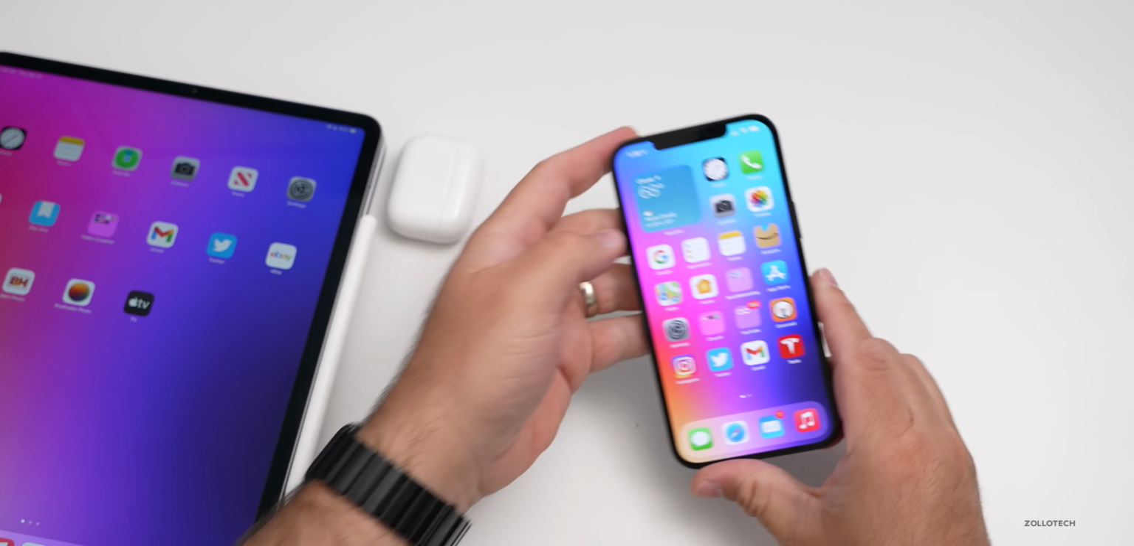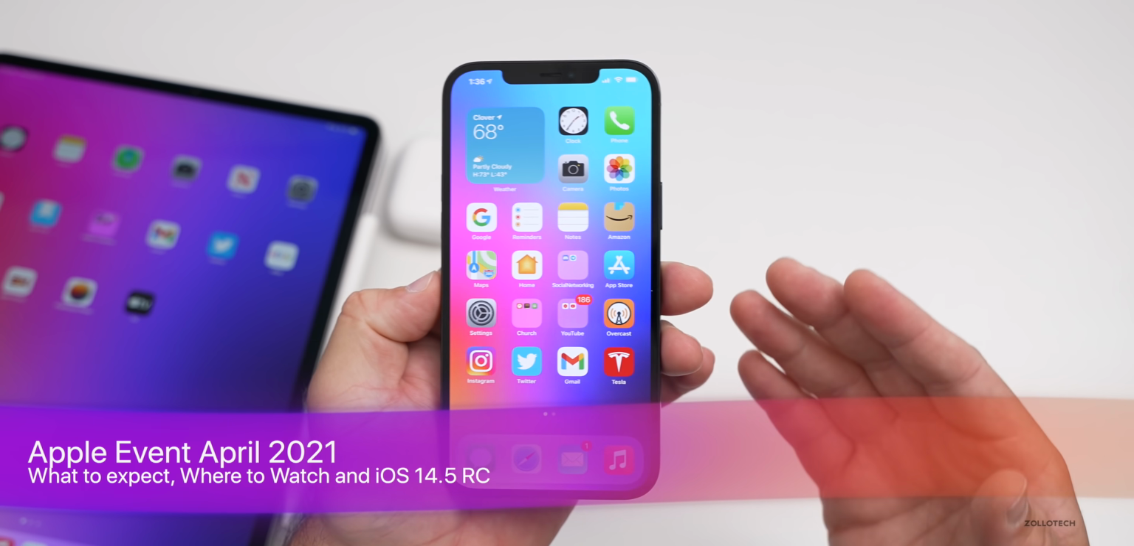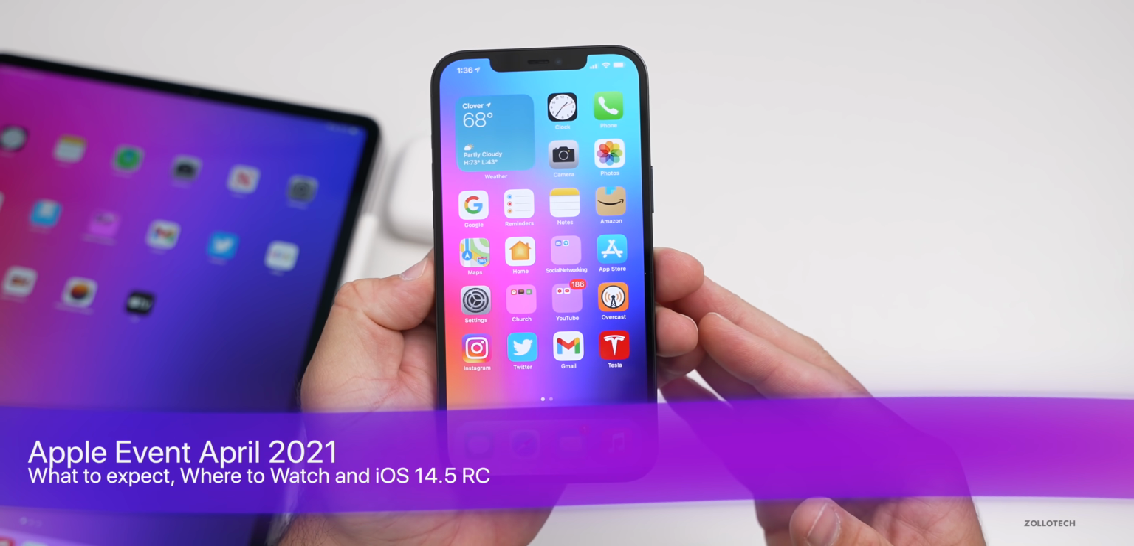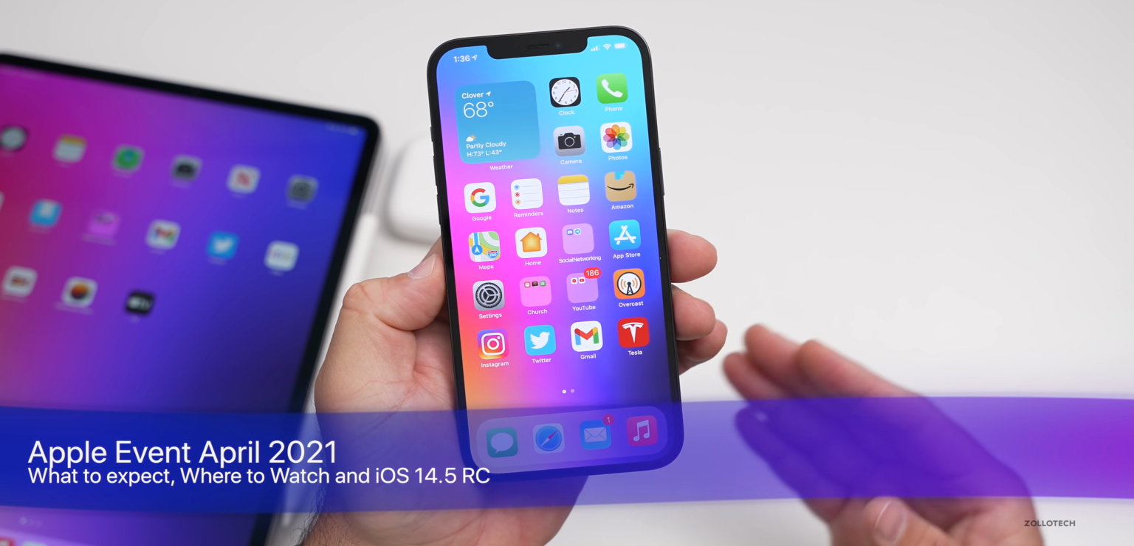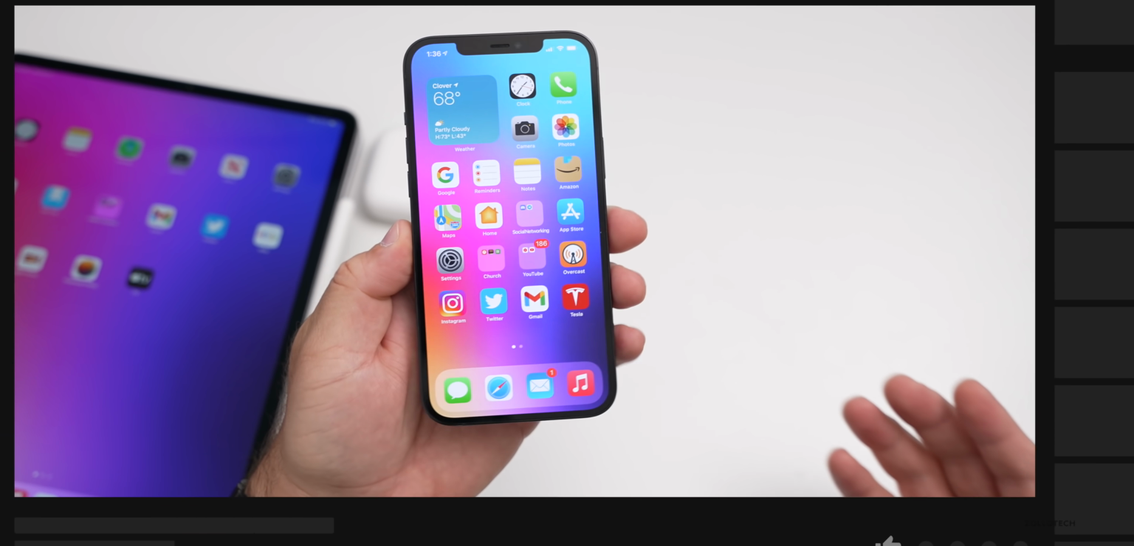Hi everyone, Aaron here for Zollotech, and a couple days ago Apple announced their Spring Apple event, the first event of the season or the first event of 2021, and so I wanted to talk about where to watch it, when to watch it, and also what to expect and more, since many of you were asking me to make